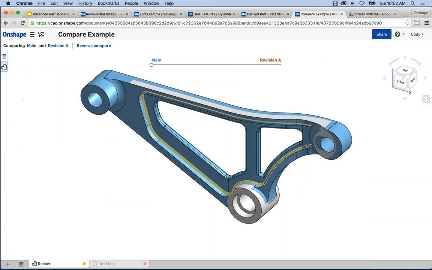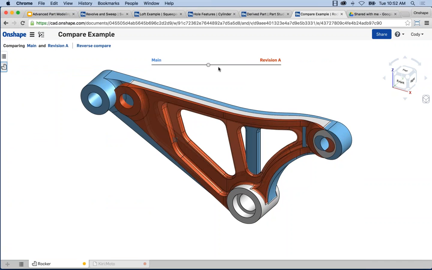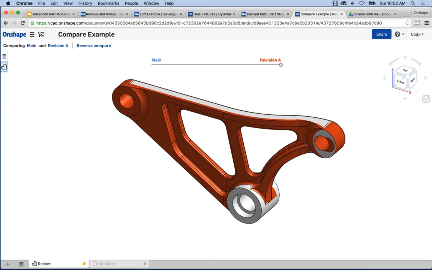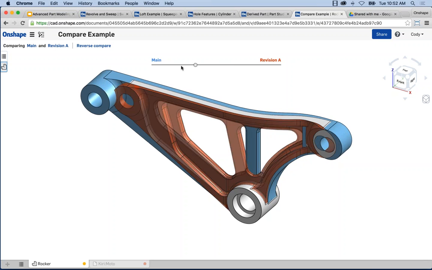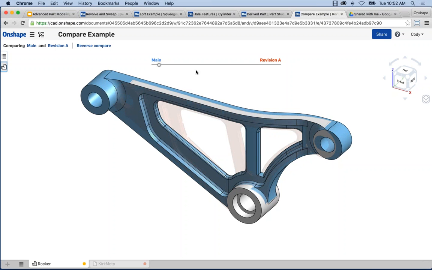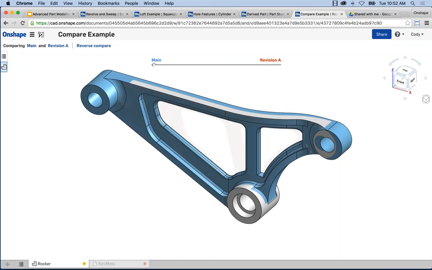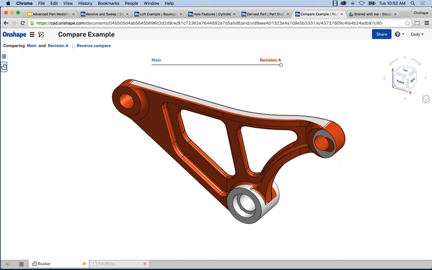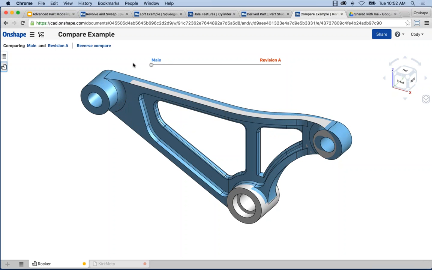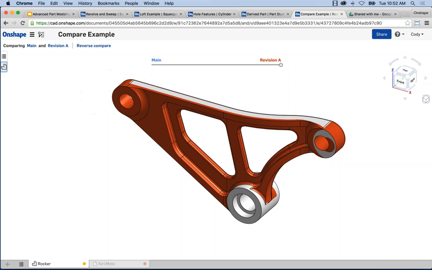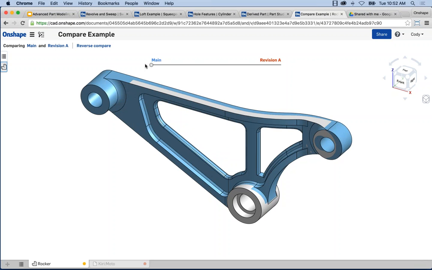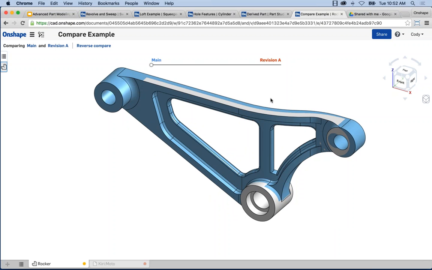You also have the graphic slider. And the graphic slider allows you to just grab and drag and dynamically see the difference between one version and another. Okay. And again, you can do this between two versions like I'm doing here. You can go back to some moment in your history and do this. It's a really valuable tool that, again, very powerful if you just want a breakdown of what's the difference between these versions or these moments in history. Okay. So that is